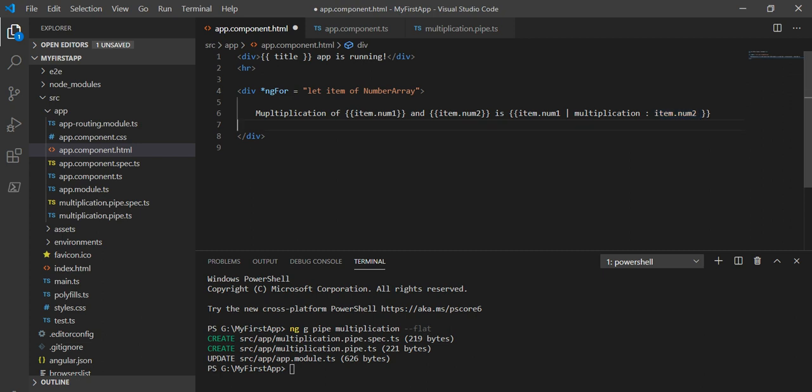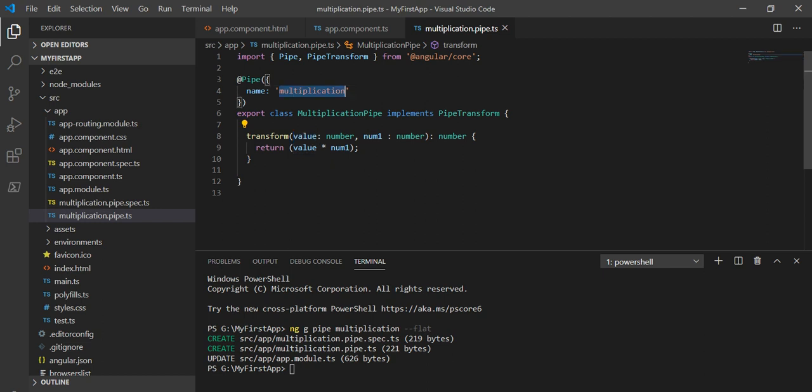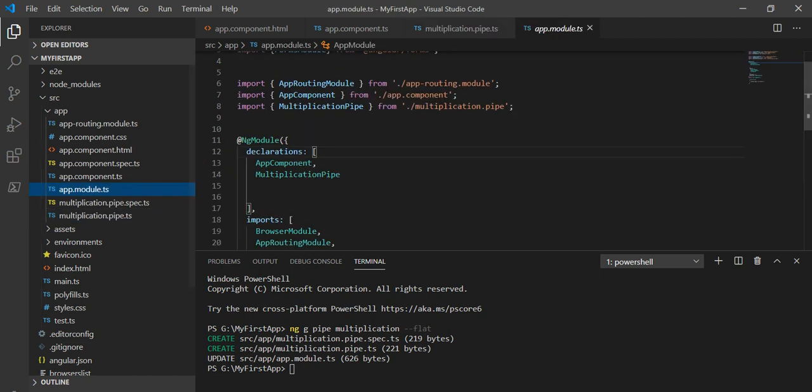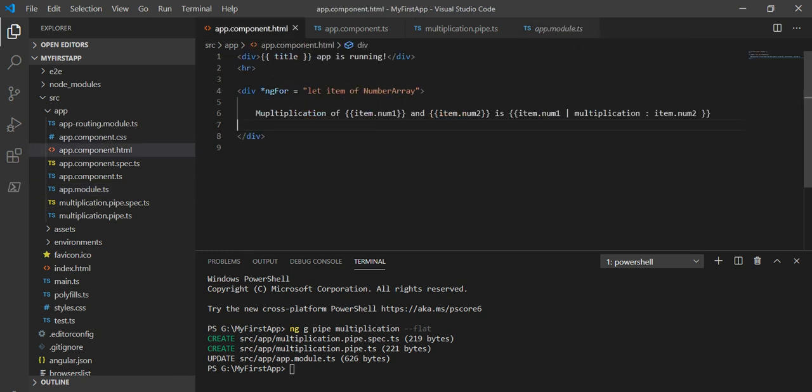That is done, but before that we have to check that the created pipe is imported in the module.ts file. When we create it, it is added automatically, but we have to verify it once. That is all about the implementation. Now let's serve it and see on the browser what it shows.